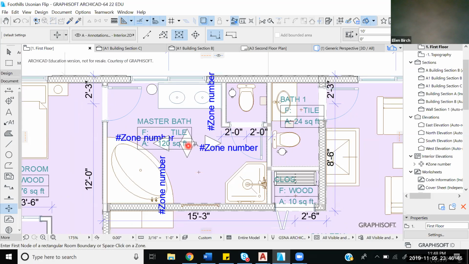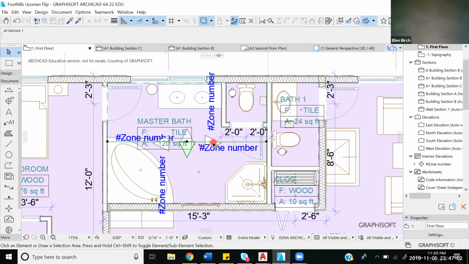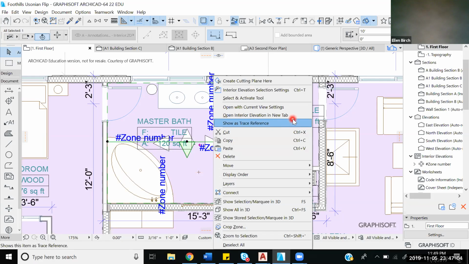There is a way that you can edit these triangles and so they look like the standard interior elevation with the circle and the arrows pointed everywhere. But this is the way I have it set for right now. So once again, we're gonna escape out of this tool really fast, but select our elevation, right click, open in a new tab